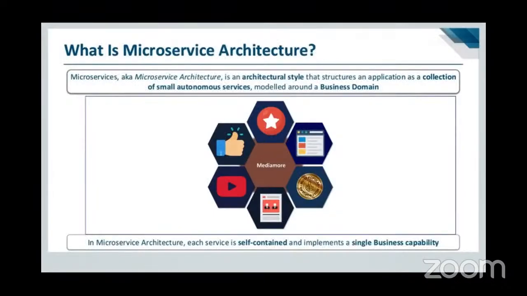Microservice architecture is a style of developing software where you don't develop the software as a single component, but instead you break down the application into small web services called microservices which interact with each other. Each of those microservices is modeled around a business function or a business domain. For example, with respect to our video streaming service, recommendation is a business function, so you have one microservice dedicated to recommendation. Let's understand this more in detail in the next slide.